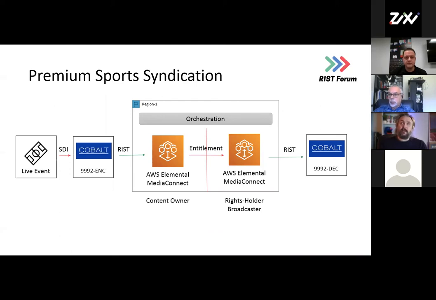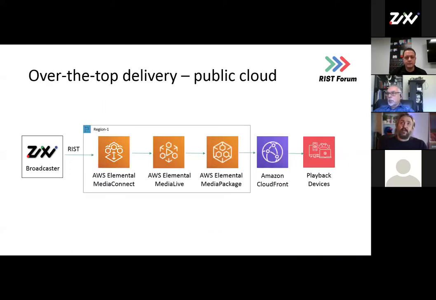Excellent. Okay, next slide. So now we get into new broadcast. And again, you might think, well, isn't that all HLS and CDN delivery? How does RIST really help with a workflow like that? Well, any live event or channel all starts with a rock solid contribution. Rubbish in, rubbish out, right? If you haven't got a really good, solid contribution story for your OTT workflows, then you're not going to have good results downstream for your end viewers.